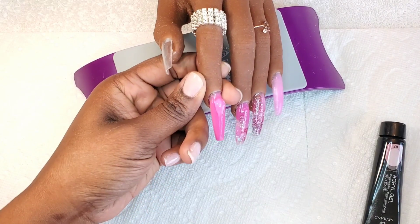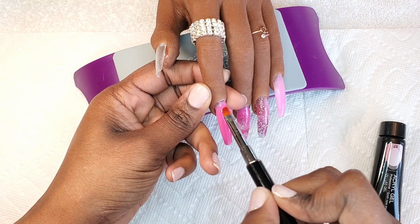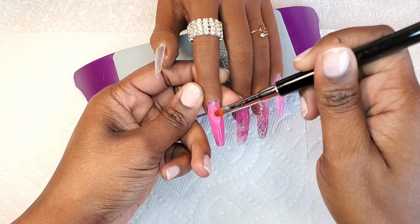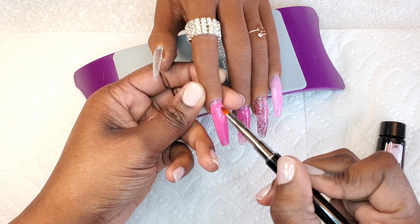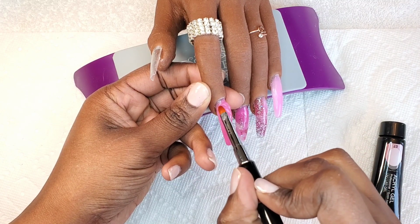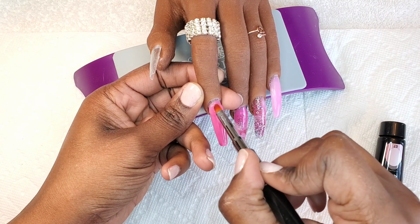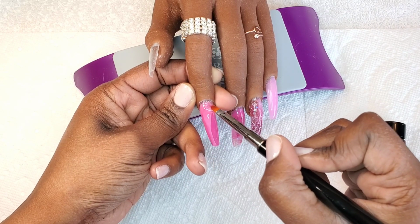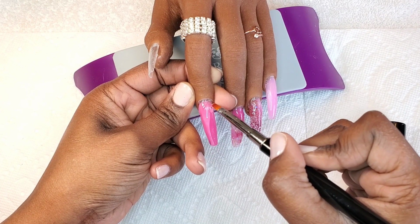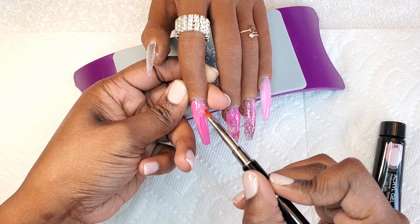Because it is more of a Build-A-Gel consistency, I'm going to float this product with my brush up towards the cuticle area, and then start in an almost little swirly motion from side to side, working that down the nail, making sure that I'm getting coverage everywhere, and that my brush stays in contact with the product. I'm going to encapsulate all of these nails, file, shape and buff,